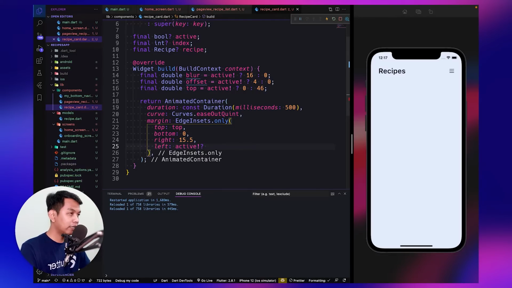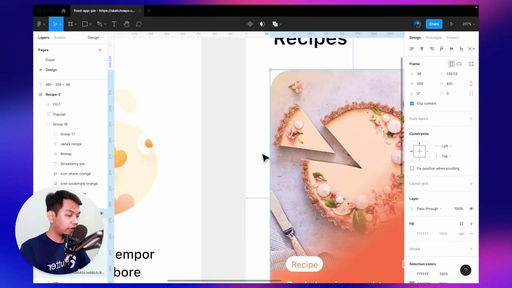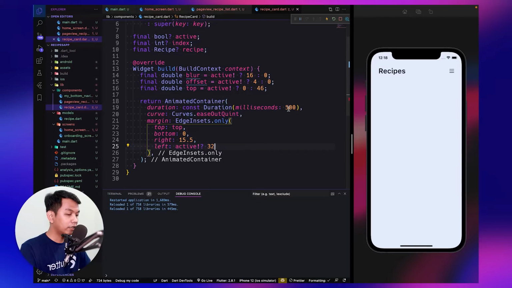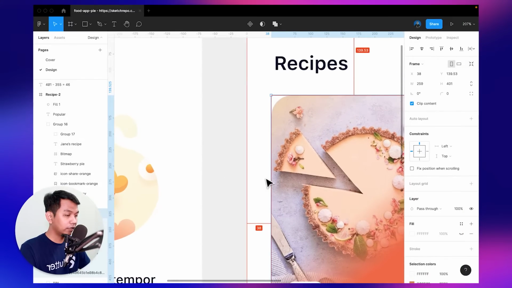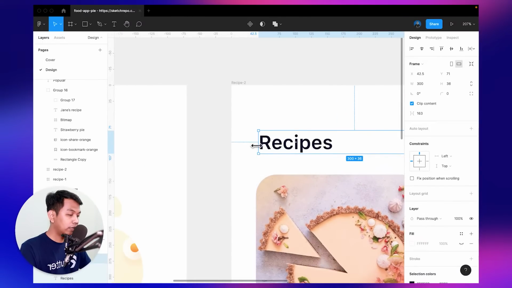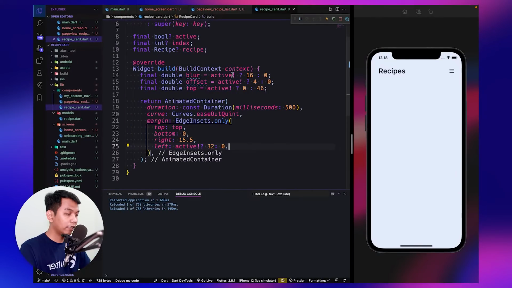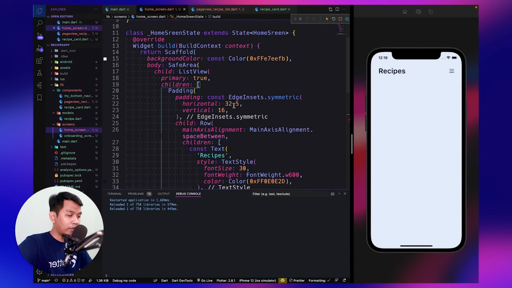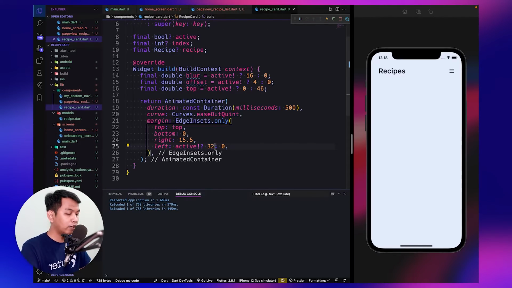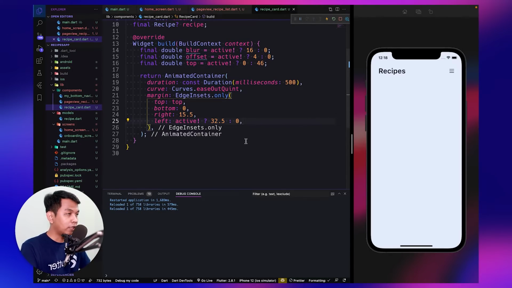When the card is active, we give a left margin of 32, and when not active, set it to 0. From the design, the margin is 38, but this is okay. So let's check our home. So I want to make it similar to this. So this is kind of like 32.5. So I think let's make it 32.5, okay, to make it consistent.